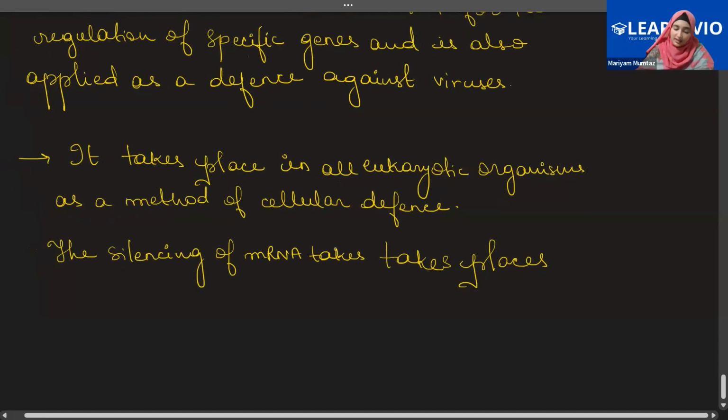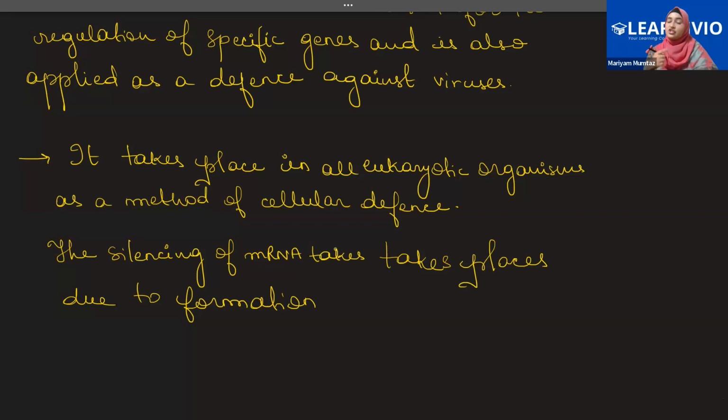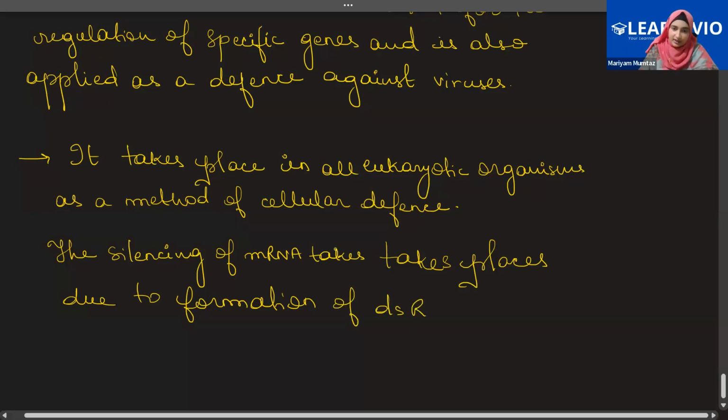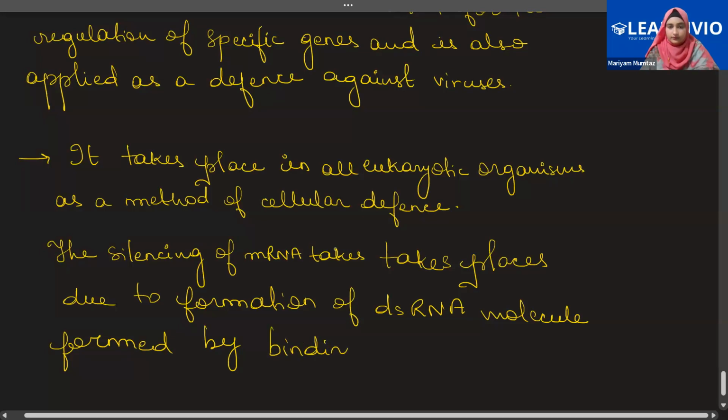So now the silencing of the mRNA takes place due to the formation of double-stranded mRNA. Meaning one will be the sense strand, one will be the antisense strand. Because of this very reason, the gene will not get expressed. The silencing of the gene will take place. So due to the formation of a double-stranded RNA molecule, formed by binding of complementary RNA,